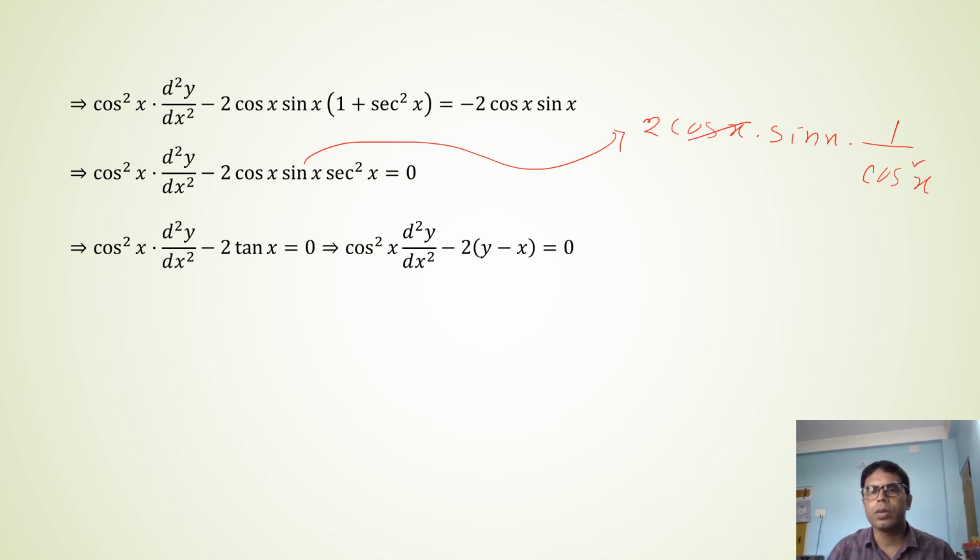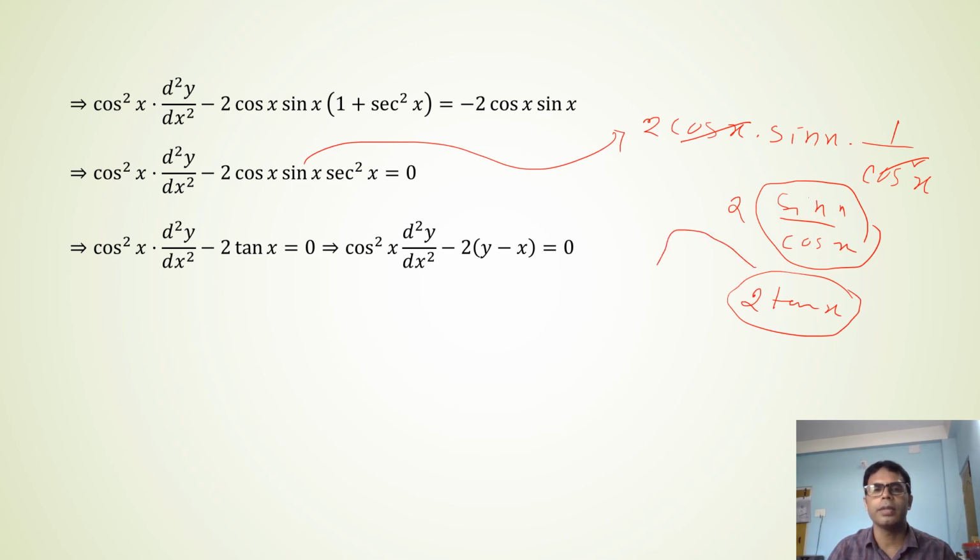So this cos and this square cos cancel, so you have the term only 2 sin x by cos x only. Is that clear? But sin x by cos x is simply tan x, so finally the term will be 2 tan x. So I have written here the direct term 2 tan x. Okay, so on the right hand side it is obviously 0, and that is the answer, because this tan x, you